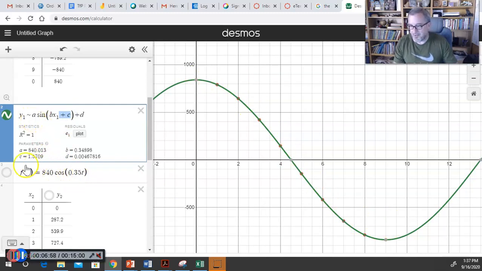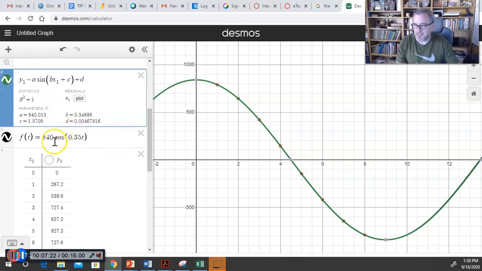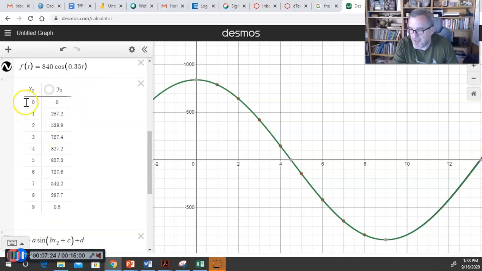So 840 cosine, and you can see that it's just as good as the actual regression with all the decimal place accuracy up here. Okay, so whatever model you like. Now this was, you'll see later, a semicircle. That's going to matter here in just a second, but let me first do the same thing for the g